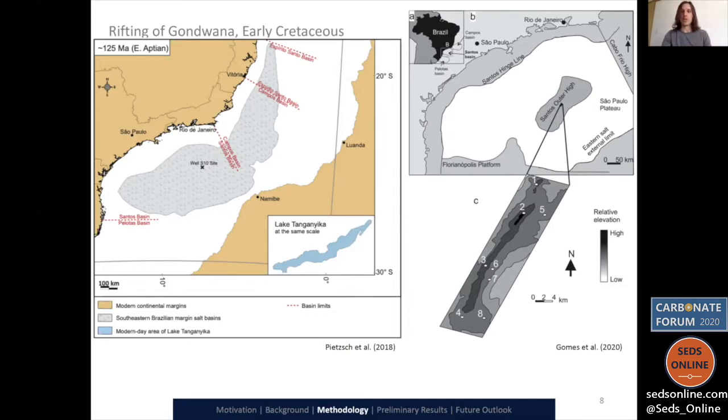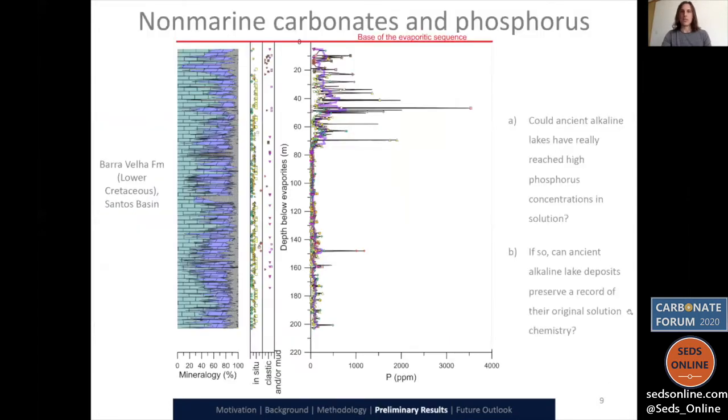Even though these basins have undergone some interesting diagenetic history, they have not gone through so much structural deformation, for instance, and weathering and so on. So anyway, to ease your expectations, I jump now straight to the rock record to answer our initial questions, which you see there on the screen.